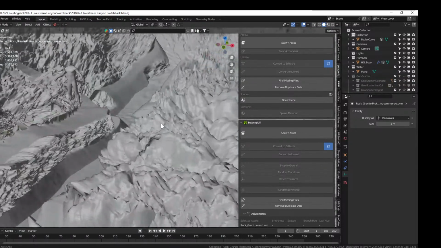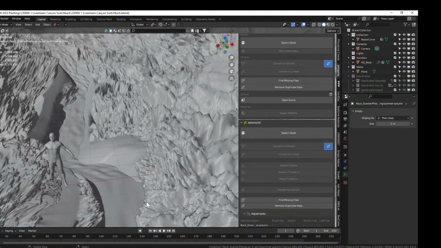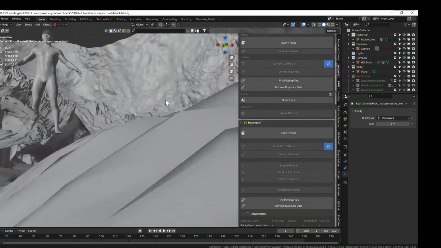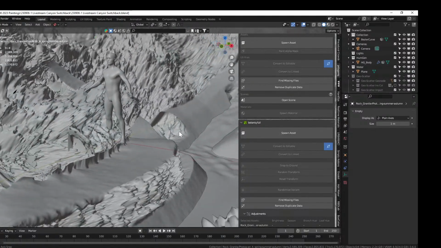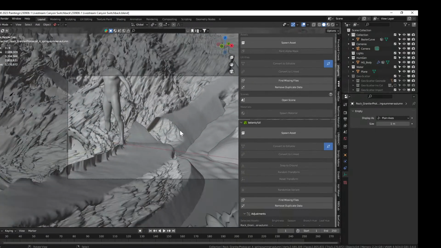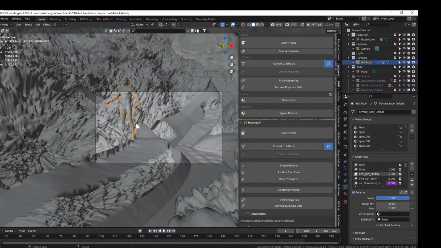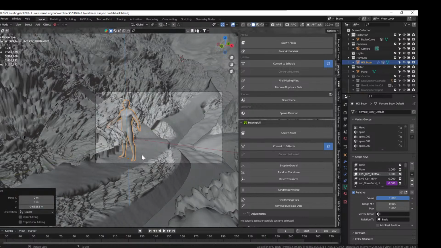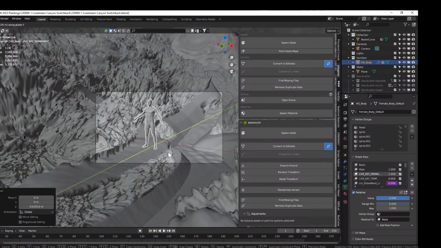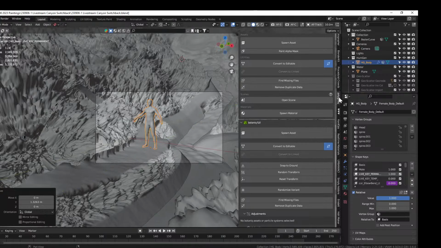See if we can find ourselves some kind of an angle we like. Let's see. There's our guy for scale. Bring him down to our path. Just make sure we have him lined up right. Not that we're necessarily going to use him, because we're not, but